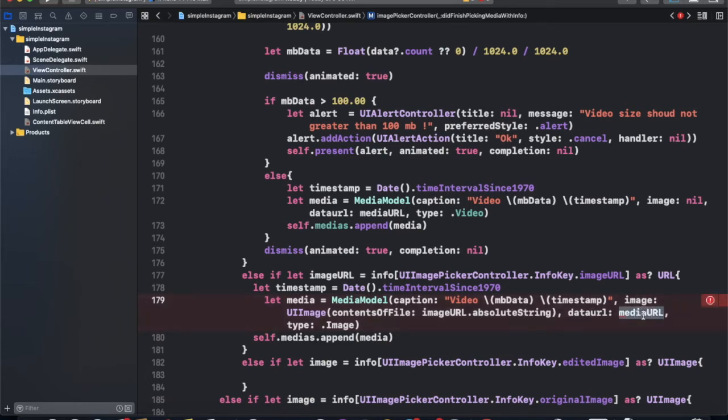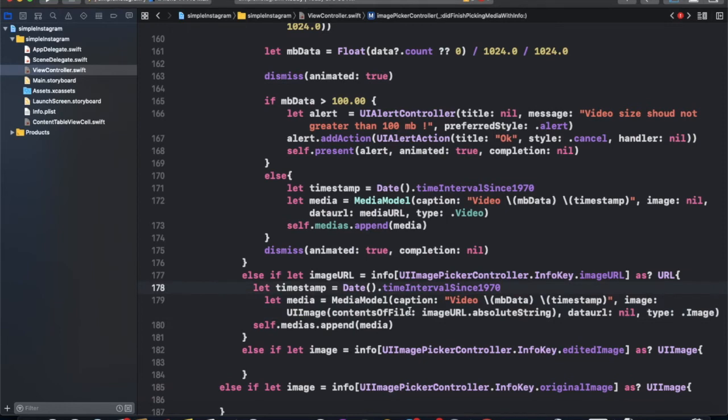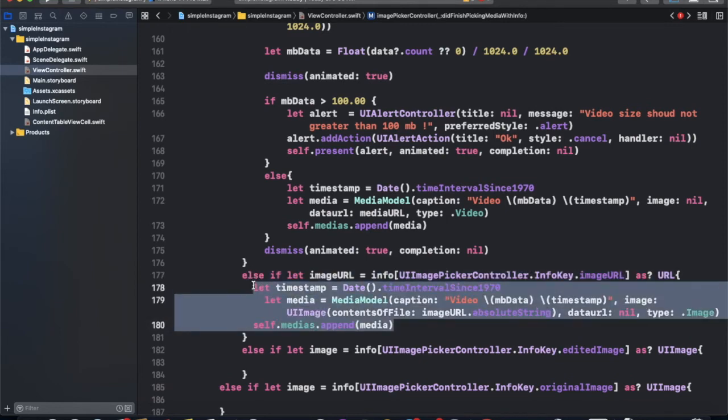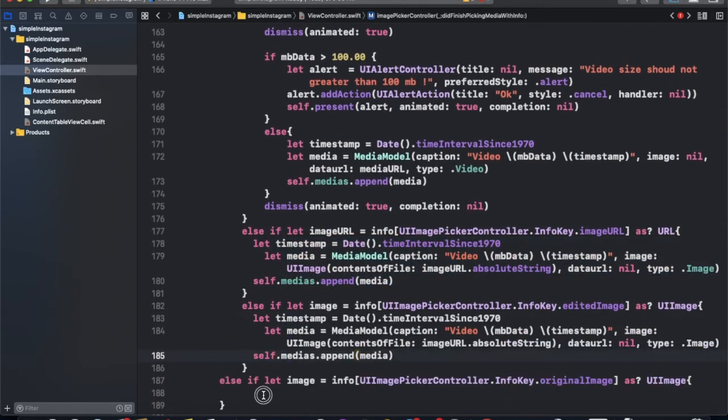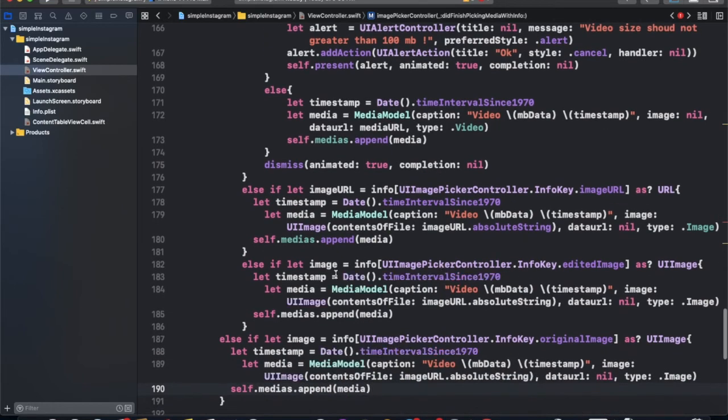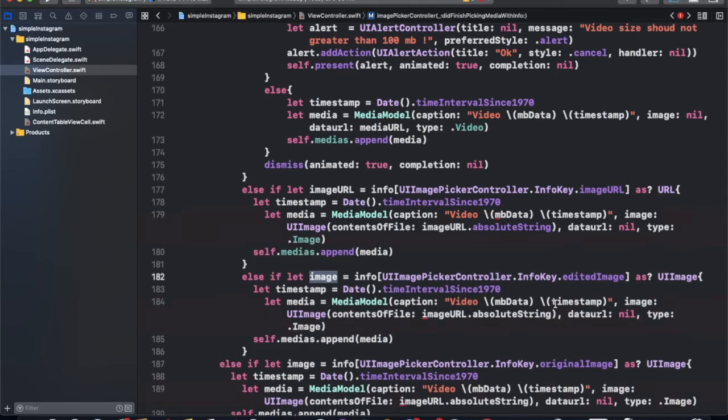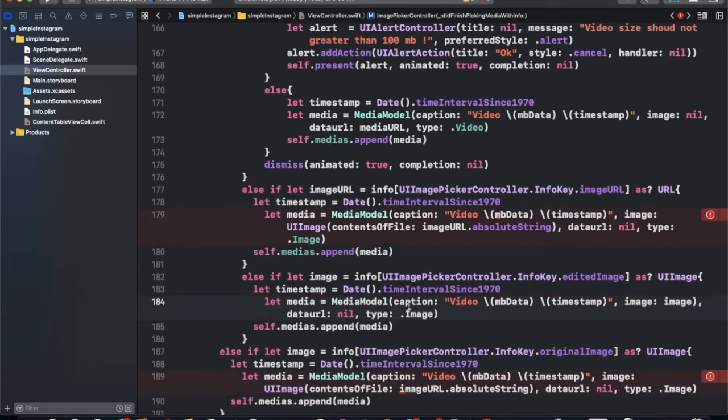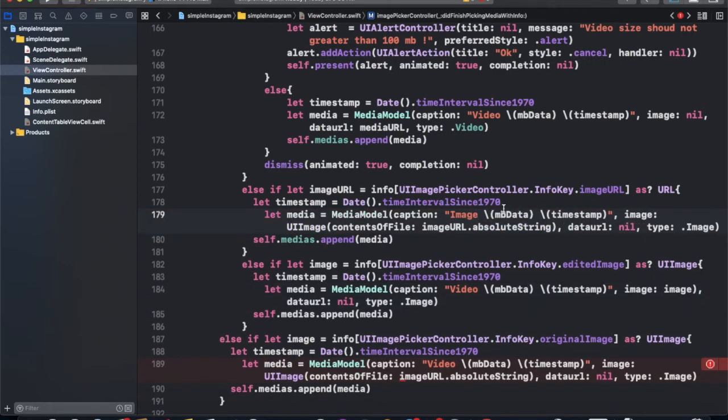We need to make the data URL nil. Now just copy this from before, and you have the image object here, so you can just set it like this. We do not have any data.